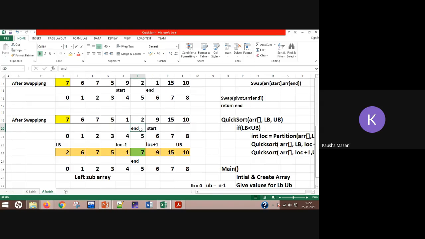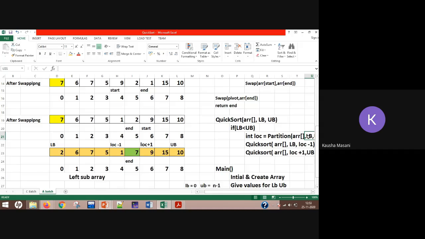Okay, so in that case मैंने क्या किया, I swapped 2 and my pivot element 7, so 7 की जगह पे यहाँ पे 2 आ गया और 7 की मुझे appropriate place मिल गई। For my pivot element 7 I found the appropriate index value और उस index value को मैं return करवा रही हूँ, so return end, so what I returned, 5। अभी ये पार्टीशन कहां से कॉल हुआ था, क्विक सॉर्ट में से, यहां से। ठीक है,